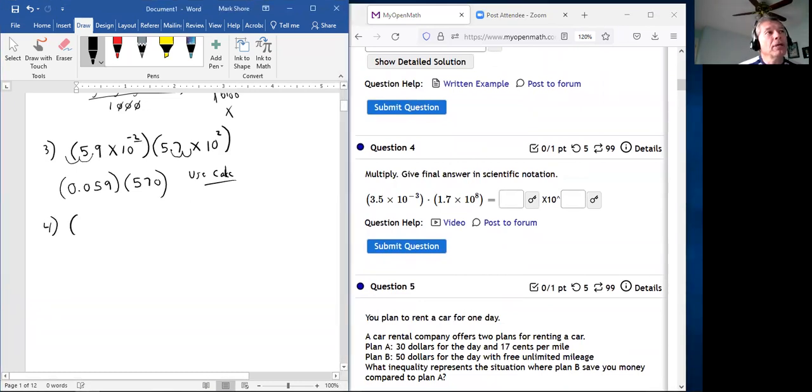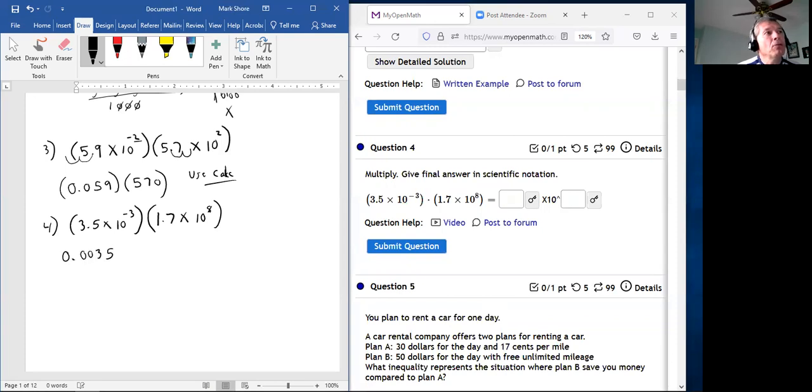So the first number is 3.5 times 10 to the -3rd. It's always written times 10 to something because that means you just have to move the decimal point. That's all you got to do. 1.7 times 10 to the 8th. So here we go. This means move to the left 3 places. So that'd be